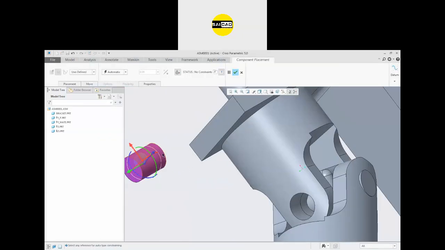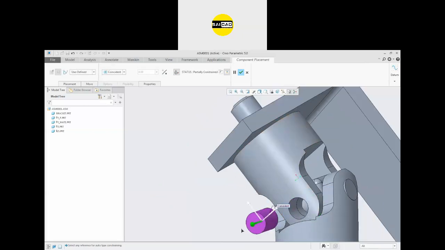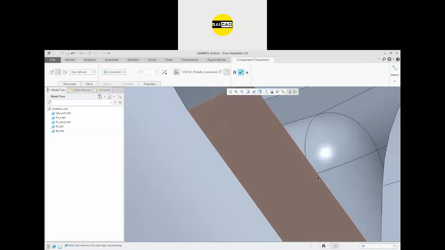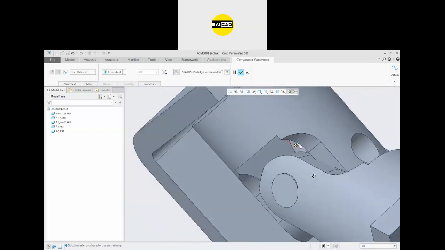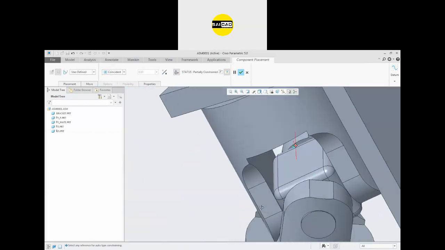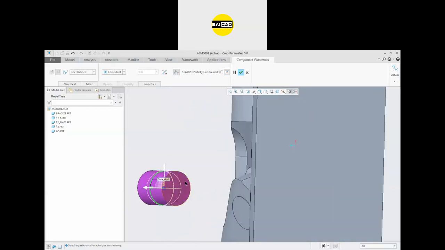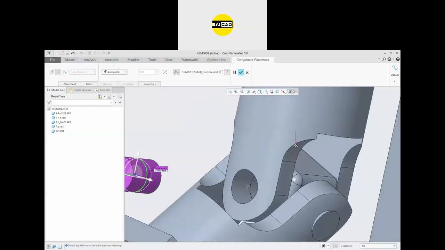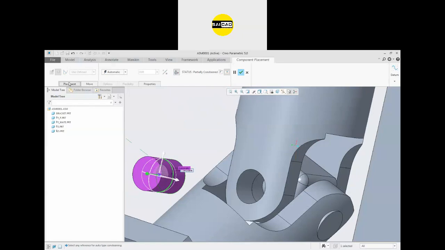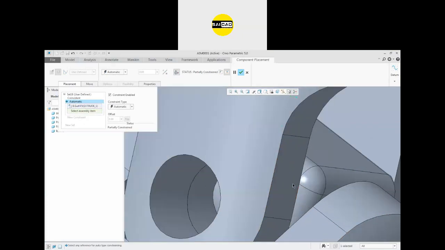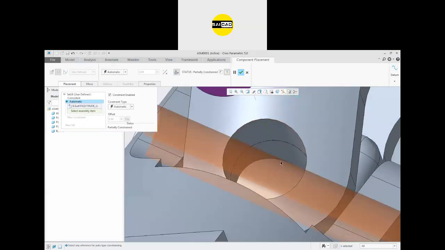So here I'm going to specify the relation from here to here, and for the translation I'm going to specify the relation with the help of the face. Okay, I cannot see the face right now, so I'm going to select this face, or select the upper face, and I'm going to select a face from here.